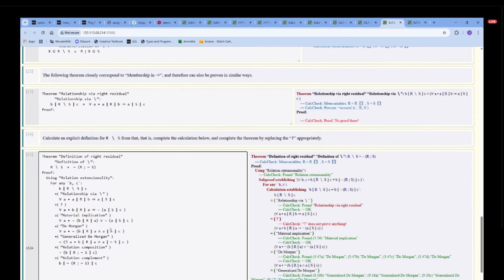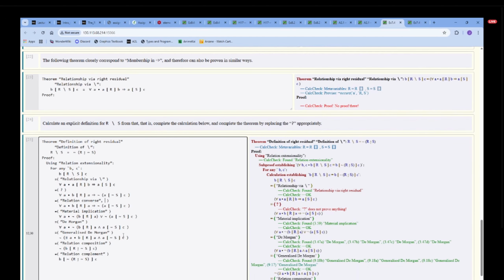What a fascinating question. I've never done anything of this type before where you have to keep modifying what you're actually trying to prove. This is definitely the best way. It makes the most sense though. So then, all right, hang on, I need to enter down a little more. This would be relation converse, and then I'll just do double negation to pop that off immediately because that would give me,